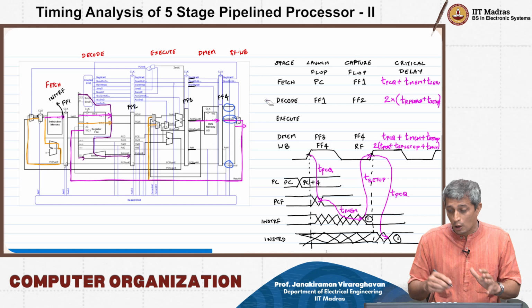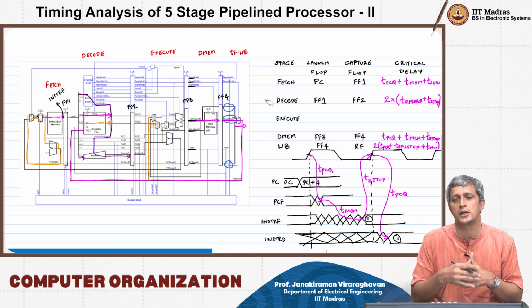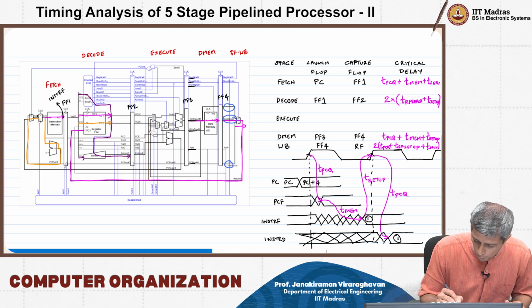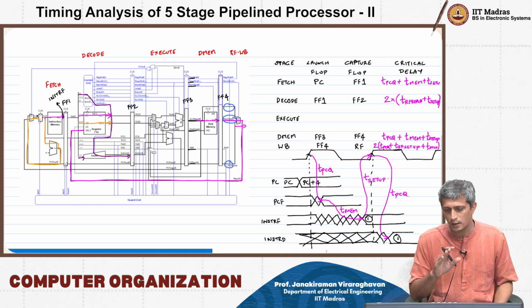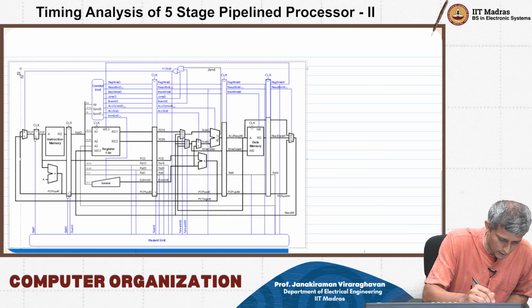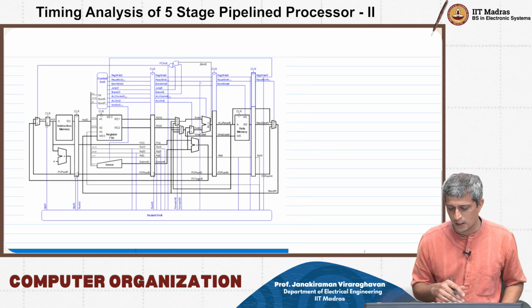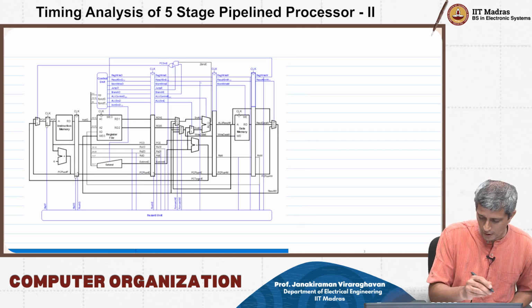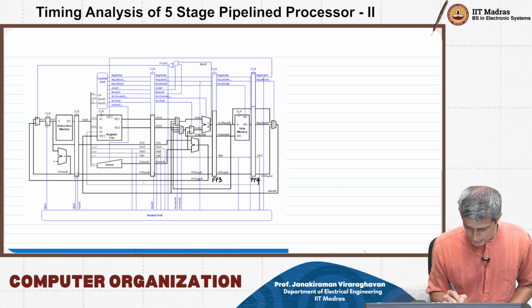Okay, so now the last part of our critical path discussion is the execute block, and therefore we need to figure out what is the critical path for this. And this is not going to be so trivial, so what I will do is put this alone as a separate block diagram here that we can discuss. The way to analyze this block is of course you first identify the capture flop. So this is FF3, FF4 and FF2,